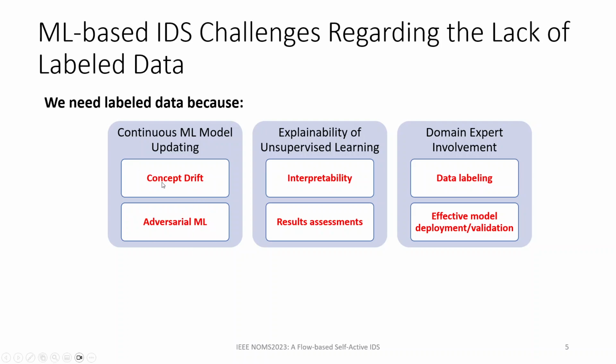So we need to retrain a model. Retraining requires the label, and without label, it's a very complex and challenging task to do this. On the other hand, we have explainability of unsupervised learning from interpretability and result assessment that we spoke about in the previous slide. And if we don't have label data, it means that we are increasing the domain expert involvement in the process of machine learning. So we reduce the automation. Because we need the data labeling, we need much expert for data labeling,